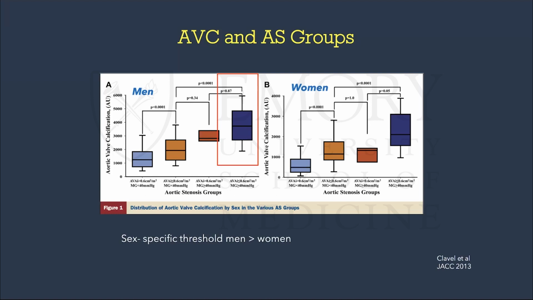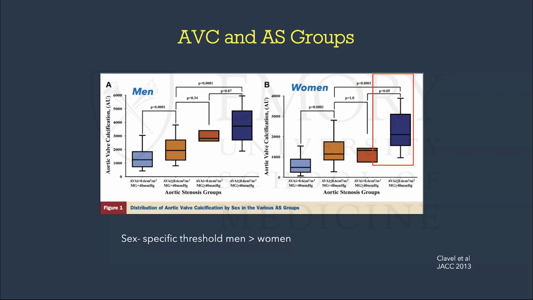In the first graph in men, we see that the fourth group has an indexed valve area of 0.6 or less and a gradient of 40 and above. They tend to have calcification of 2,000 and above. So having a calcium score below that could exclude